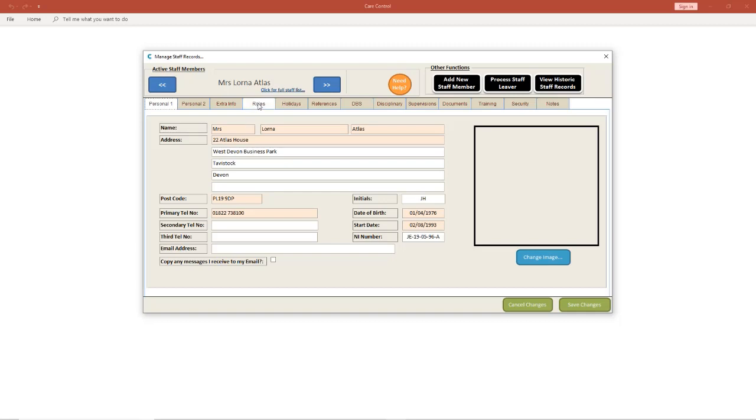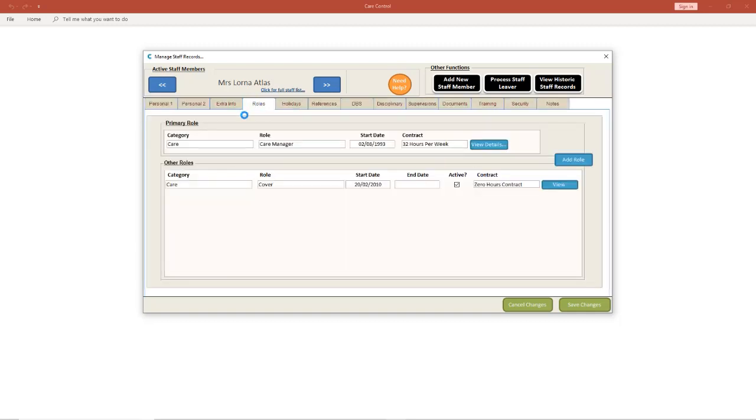We've included now a new tab called Roles. Roles is replacing the linked record tab that we used to have previously. Our existing customers will know that in the previous system you could have up to 2 staff members linked together, and that was to support staff who did multiple jobs. However, we have some customers who've got staff who need to do more than 2 jobs,